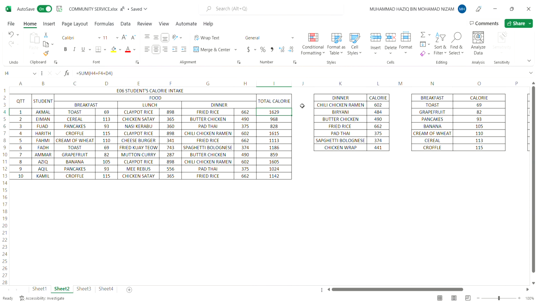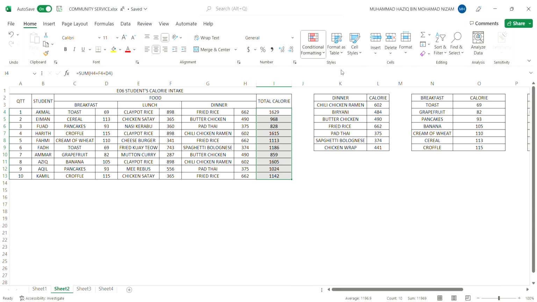So we want to classify them into two classes, which is the people who exceed the amount and the people who eat below 1,500 calories. In order for us to do that, we drag down the total calorie column. When we click on conditional formatting,